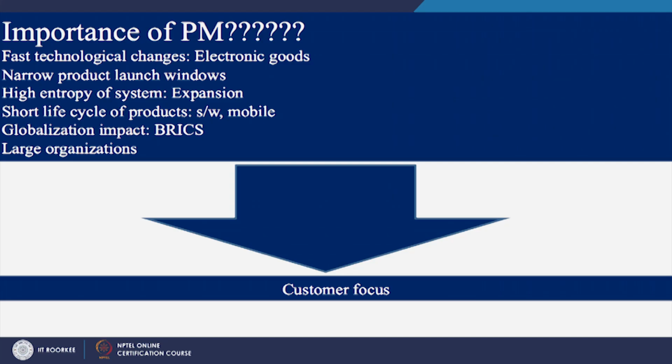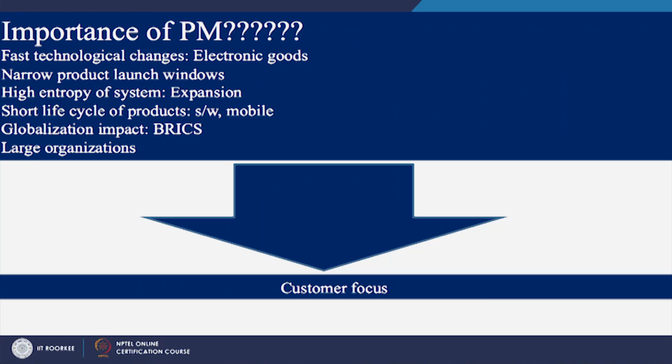High entropy of system, because things are changing fast, things are expanding, every organization wants its share of market. So, that is why they are going for projects. As I have said, there is short life cycle of products, especially in the area of software and mobile. Every alternate month nowadays you would be getting new mobile phone. So, that is why you need projects, and of course, globalization is playing an important role. So, when we move towards more and more globalization, you need to come up with new and new projects,